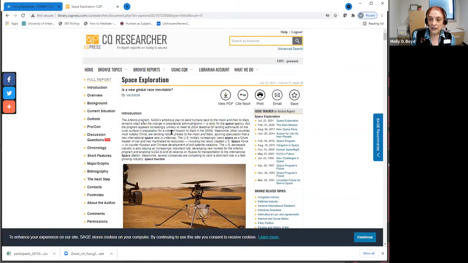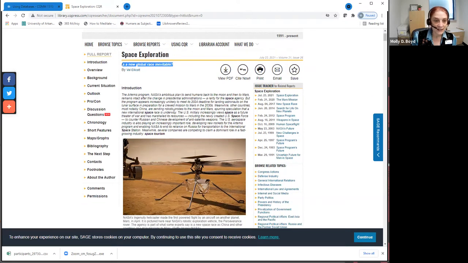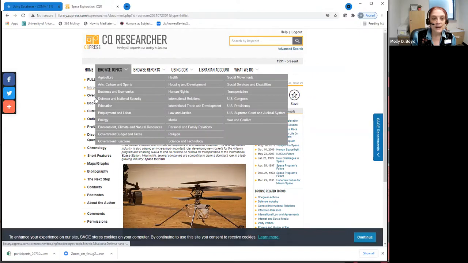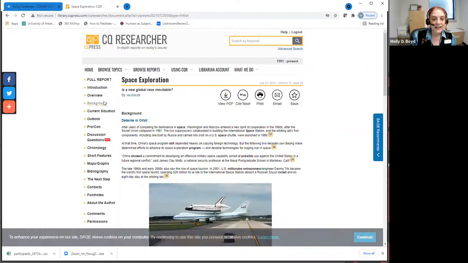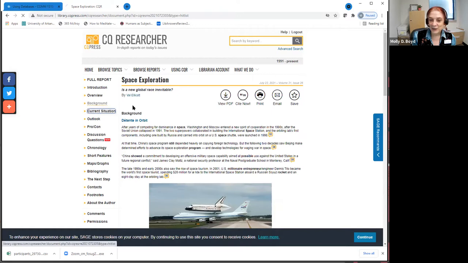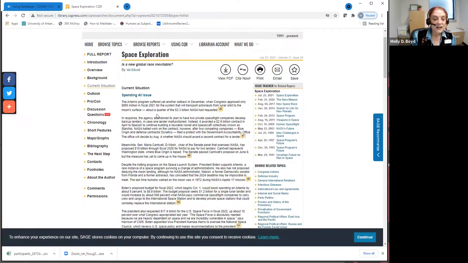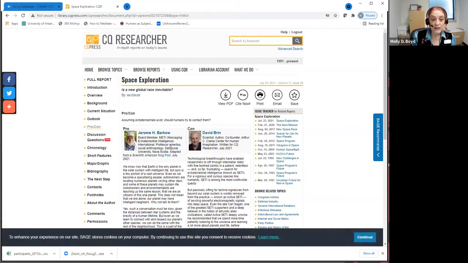So they have all of the same functions. They ask a particular research question: is a new global race inevitable in this case? And then they have the introduction, overview, background, and current situation. And then they also have this feature, which is very useful for this class, which is called